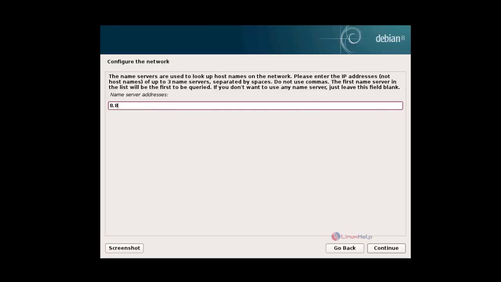I'm giving Google DNS, and here you can add up to 3 DNS by leaving space between DNS. I have given the first DNS and leaving a single space and giving the next DNS and give continue,